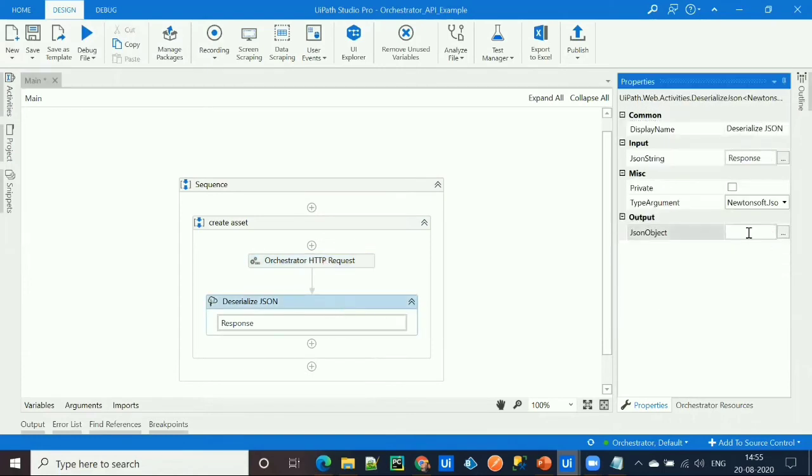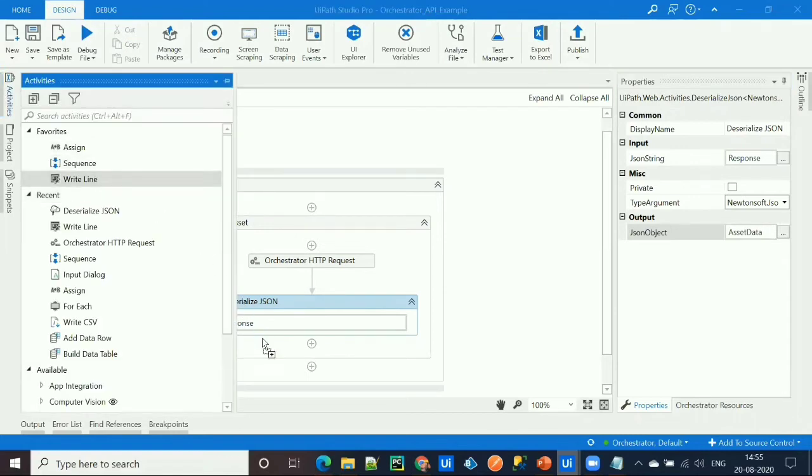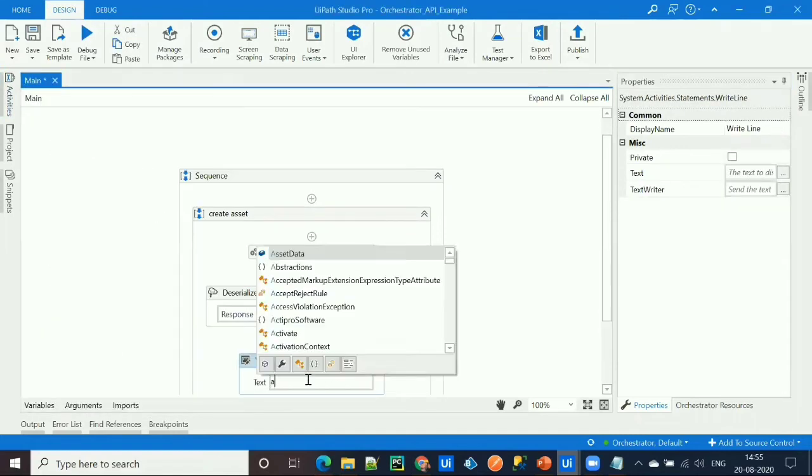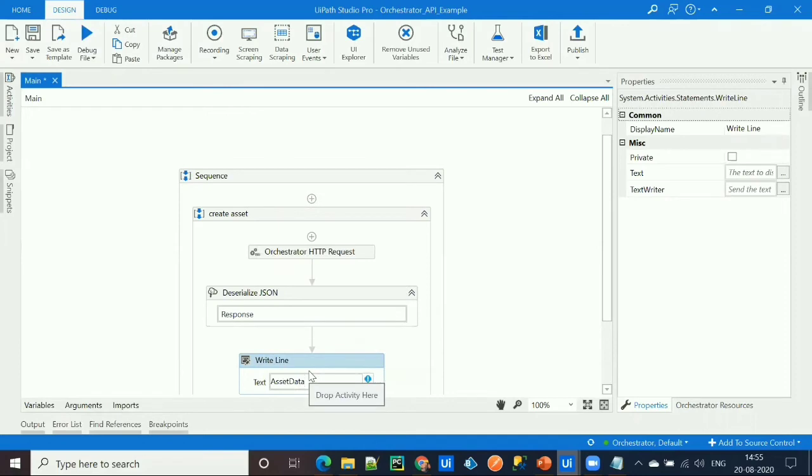Let's create a JSON object called asset data. Okay, and we'll simply print the asset data with the help of a WriteLine activity, dot ToString.